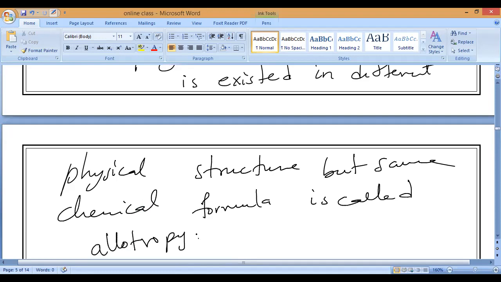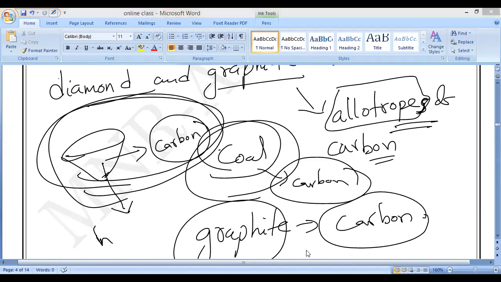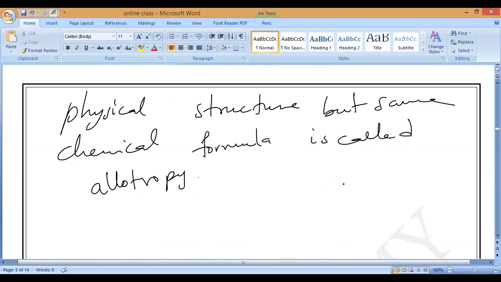If you observe very carefully, for example, diamond. Diamond is the hardest natural non-metal, is it yes or no? Hardest natural substance. But if you take graphite, or coal, one type being bituminous coal, very hard coal. But graphite we can easily break. But see, everything is made up of carbon. Their physical properties are different, but the chemical properties are the same. Correct or not? That is called allotropy.